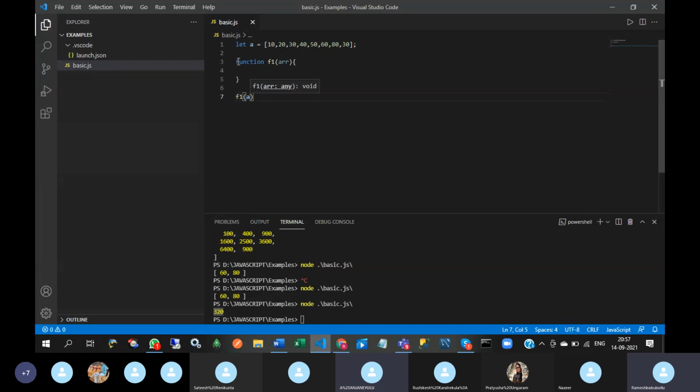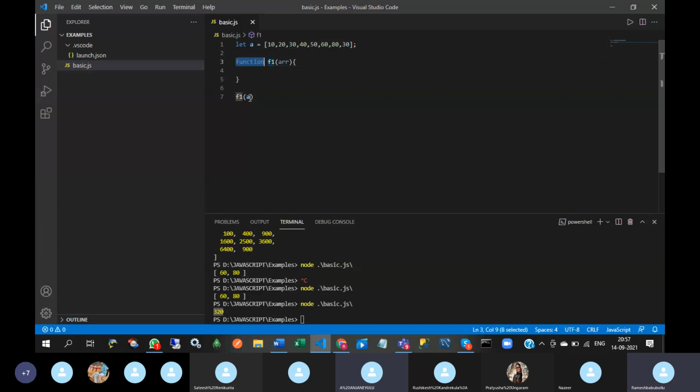So here I created one function f1 with the parameter ARR, calling that function and passing this array to it. That's why I have put the array in this f1.